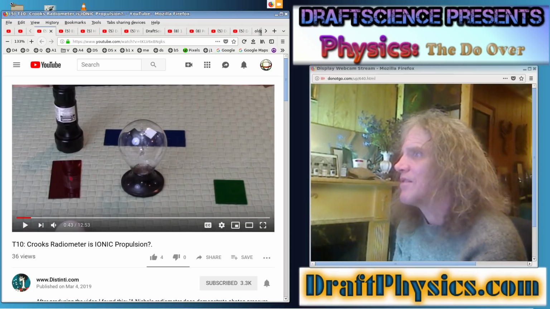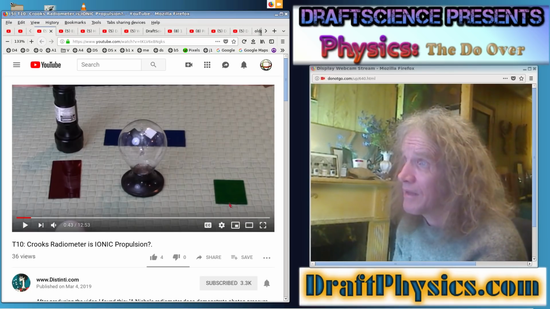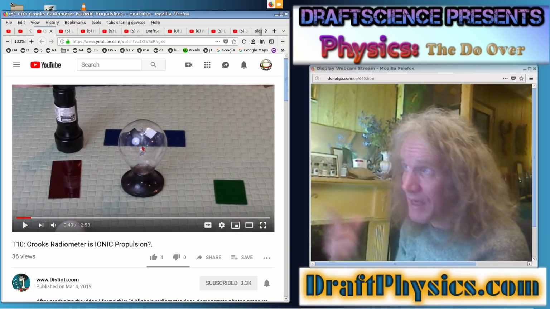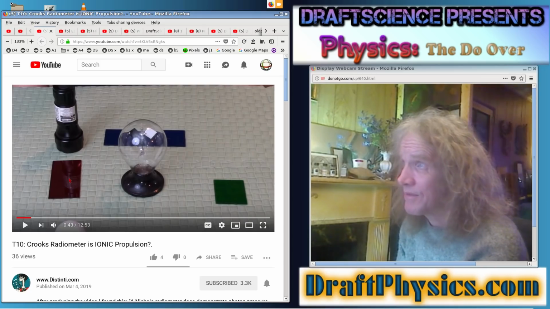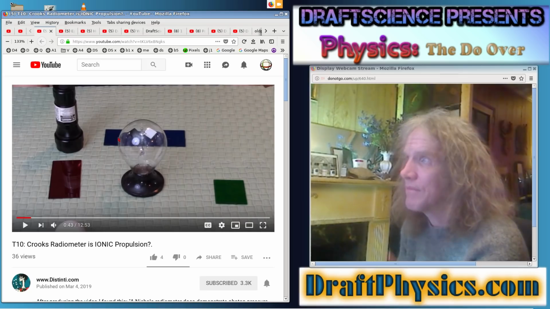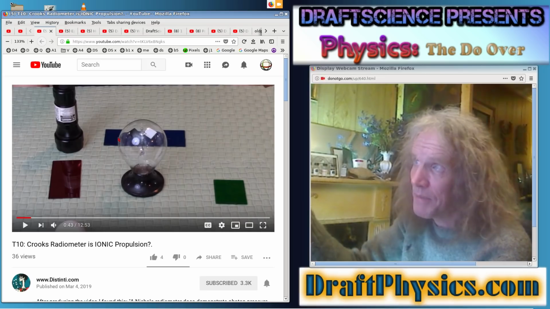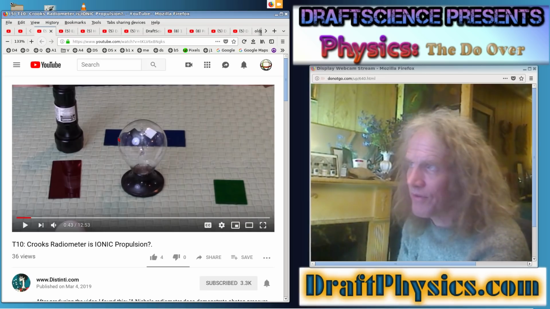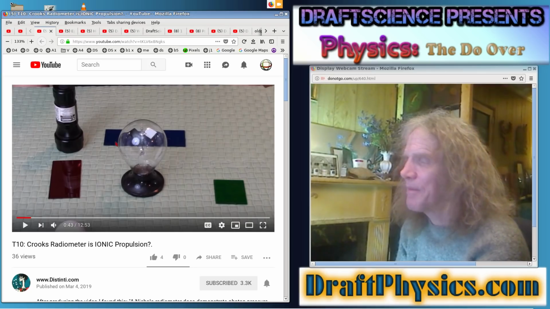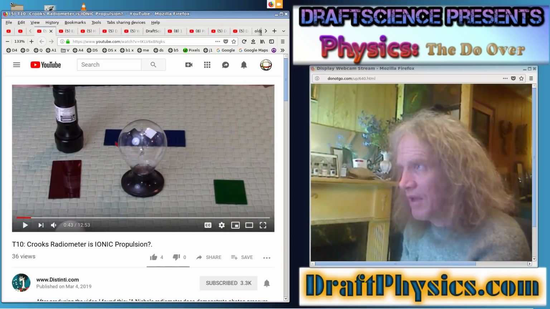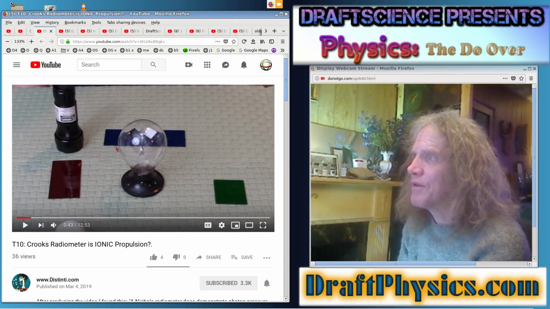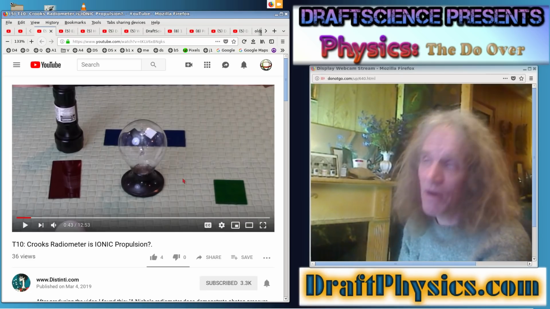So then he uses these filters to shine white light at the radiometer, presumably thinking that he's not harming the quality of the light he's filtering. I mean, you really should have an actual source of ultraviolet or an actual source of infrared if you want to do it right. But regardless,